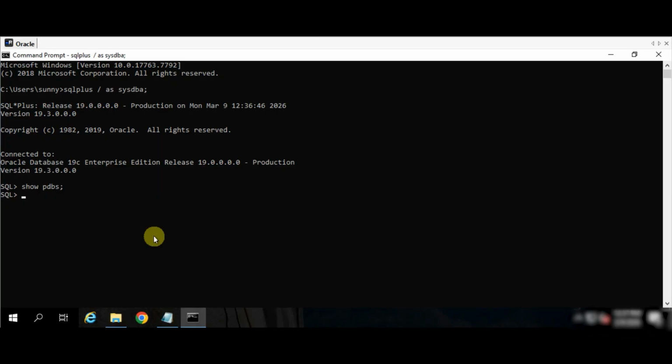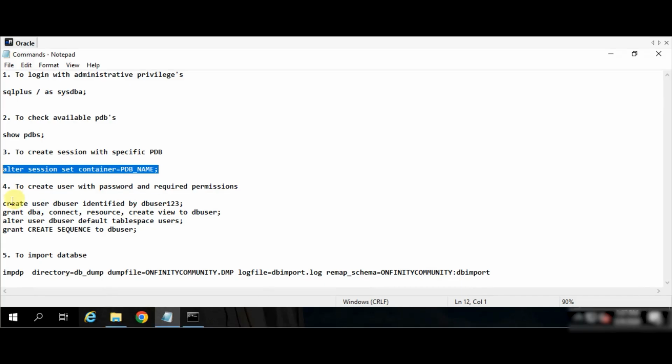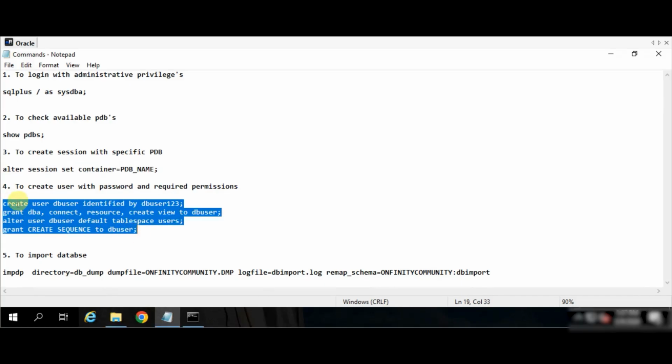If the required PDB exists, switch the session to that database using the following command: alter session set container equals PDB_name; Now run the following command: create user DB_user identified by password; grant DBA, connect, resource, create view to DB_user; alter user DB_user default tablespace users; grant create sequence to DB_user;